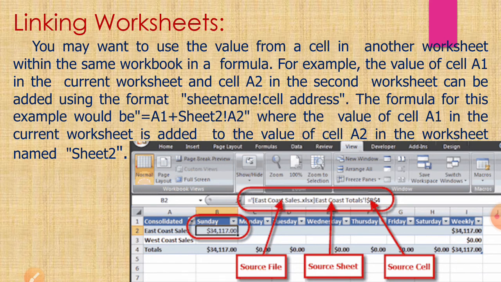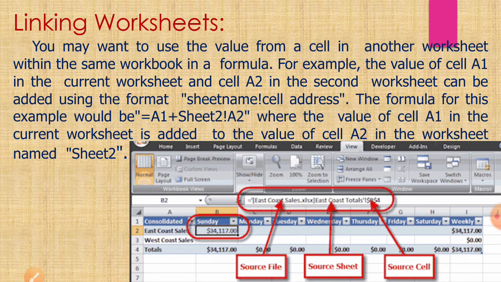The formula for this example would be A1, because A1 is the cell of the current worksheet, then Sheet2, exclamation sign, then A2. So A2 is the cell of the second worksheet. So here we have to write A1 plus Sheet2 exclamation sign and then A2. So it gives you the linking of worksheets.